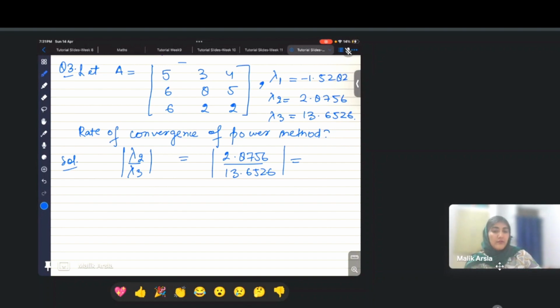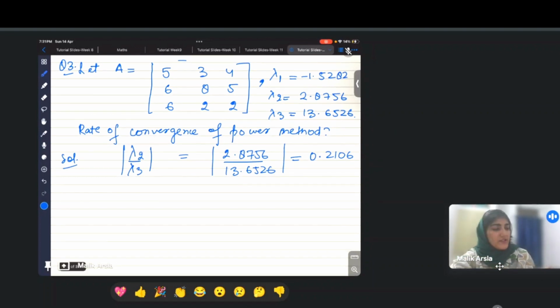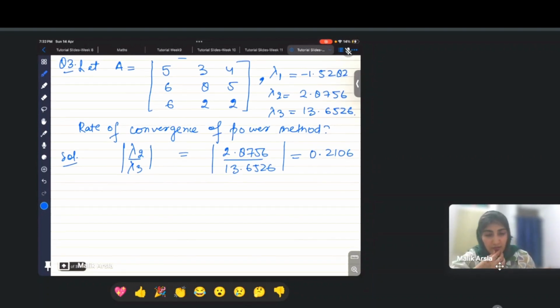It is coming out to be 0.2106, right? I think there is one option like this. I don't know because I'm solving the previous year assignment. I think it is exactly the same as the new assignment, but in the previous year it was there. Okay, then it's fine. You might have made some mistake, you can check once. Okay, this is 0.2106.